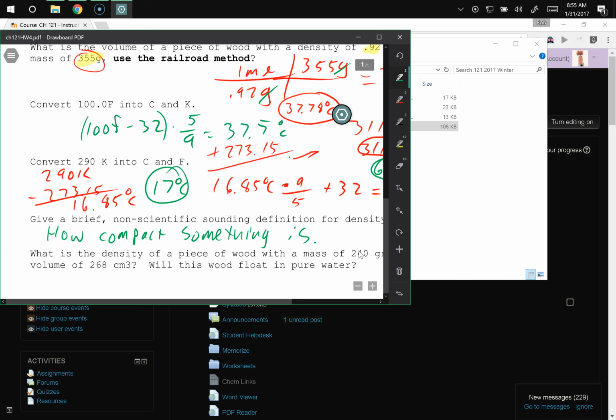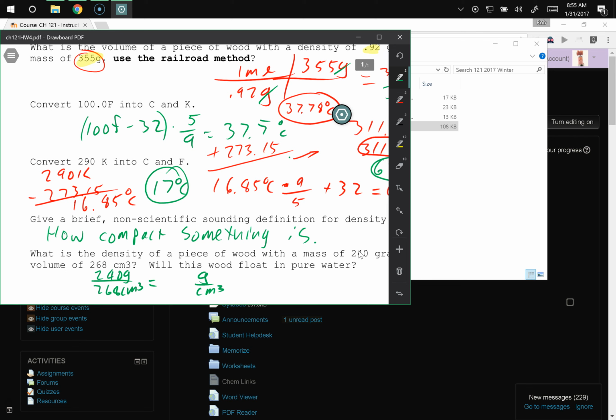So if I just take 240 grams and I divide it by 268 centimeters cubed, my answer is going to give me units that conform to density units. And so 240 divided by 268, and I get